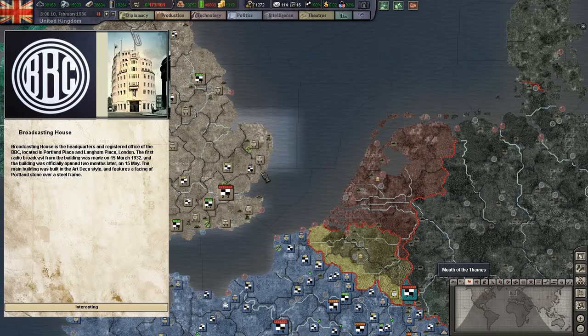Okay, now this is one of the few Third Reich events. There's a corresponding event which I did leave in for this playthrough that you see when you're playing Germany for the national radio thing. But this is Broadcasting House. There's a picture of it, sort of an interesting Art Deco type building, still in existence. This is the headquarters and registered office of the BBC, which obviously at this time is purely maybe a slightly overstatement. They did do some television stuff that was being developed, but a radio